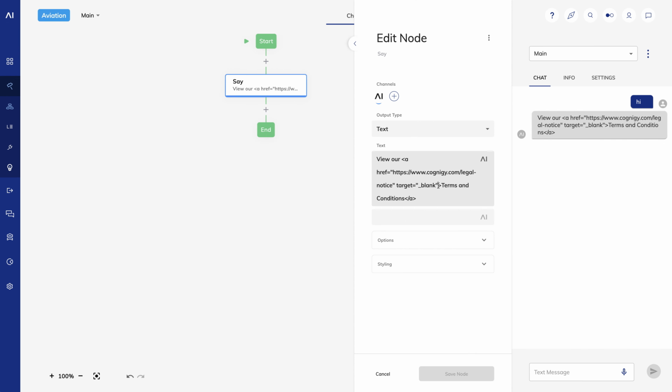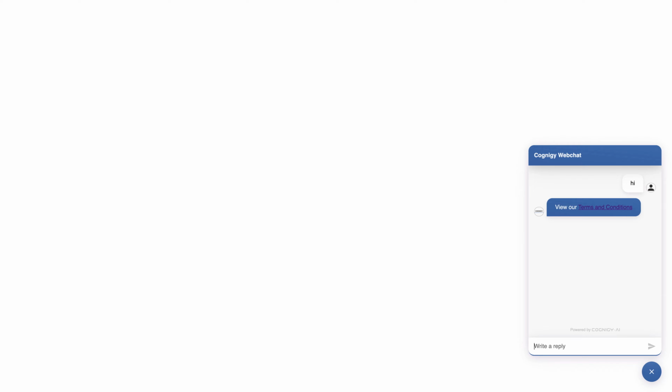To do that, I'll just add style equals color, yellow to my HTML tag. Be sure you add it before the closing greater than sign. I'll save and preview again. Now it stands out against the background. There is a tremendous amount of customization you can do to the look and feel of the web chat. But this is just a quick workaround if your links are blending into the background and you don't know much about styling web pages.